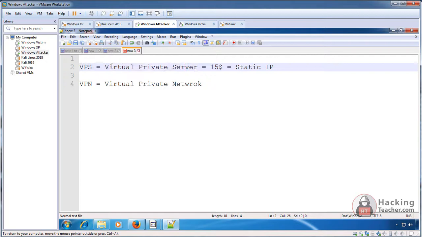You have to connect to the VPS, and from the VPS you can connect to your victims. And from the VPS you can hack any of your victims. So your IP is changing, doesn't matter, but the VPS IP is not changing. So that's the VPS, a computer running somewhere on the internet, which you're buying on rent.